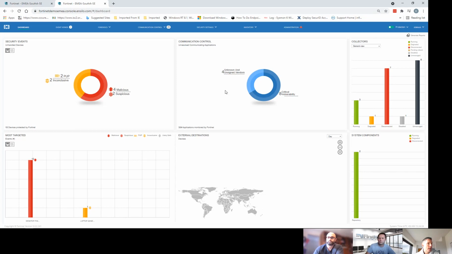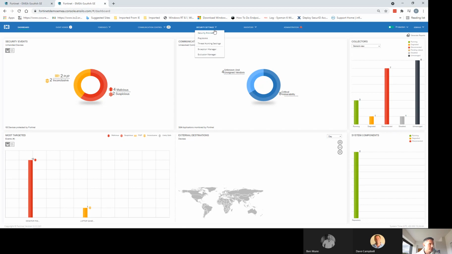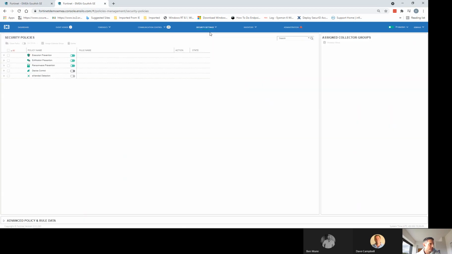Okay, perfect. Thanks, Dave. So I've jumped into my FortiEDR console, where you can see it's delivered as a SaaS service or as an on-premise or sort of a hybrid type deployment. So that in effect allows us to track our endpoints, whether they're on the network or off the network. But if I go into our security policies to really highlight that key